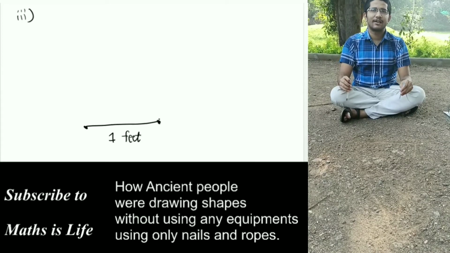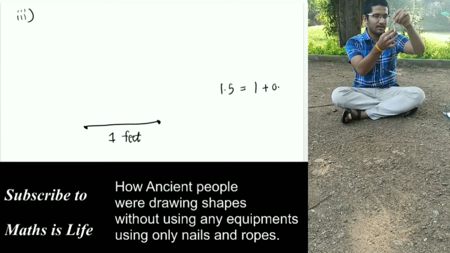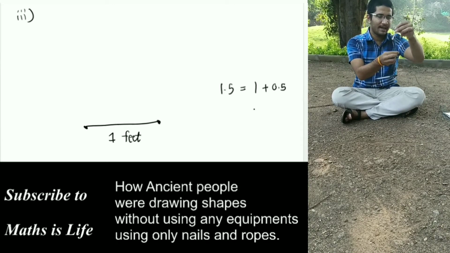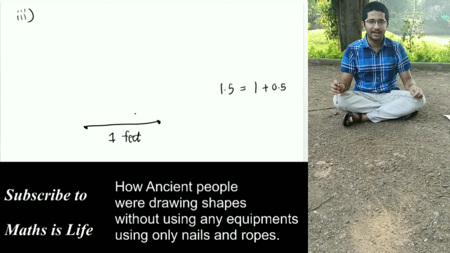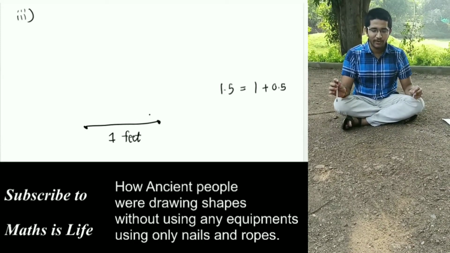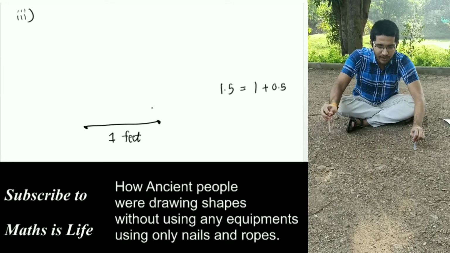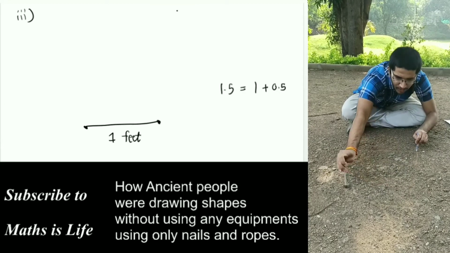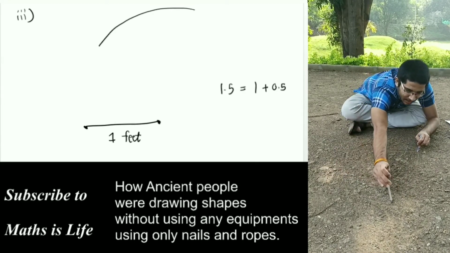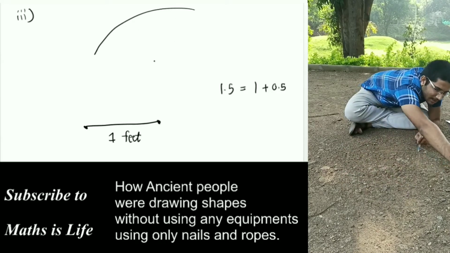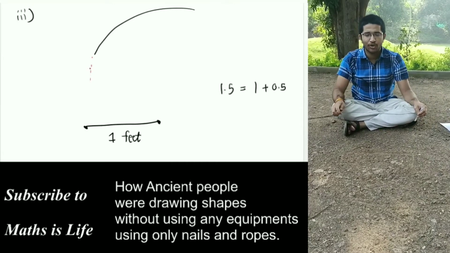Let's take the second side of 1.5 feet. So for that, what we will do, we will take the half of this and add it to here. So this will be the half of that. That is 1.5 feet length. Now we will draw one arc from here to here. From one end point we will draw one large arc, because we have not decided yet what the third side is. So it could be anything. So drawing a complete circle will be helpful here, because we don't know what the third side is.